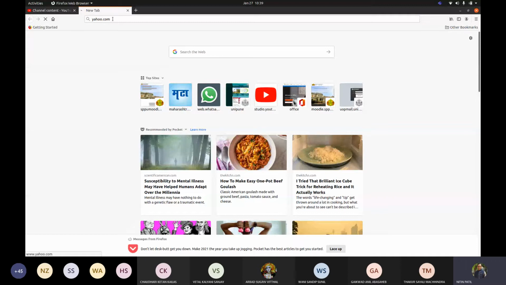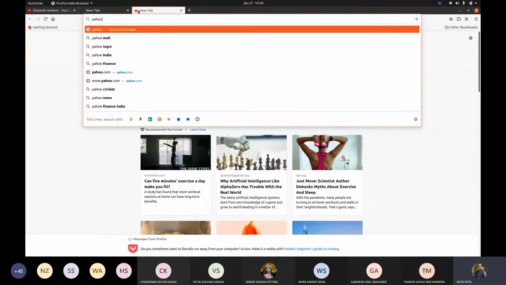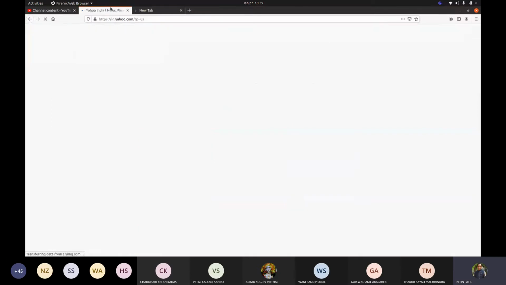So will it open yahoo.co.in or yahoo.com? Yeah, so I got this. It says in.yahoo.com. Correct.